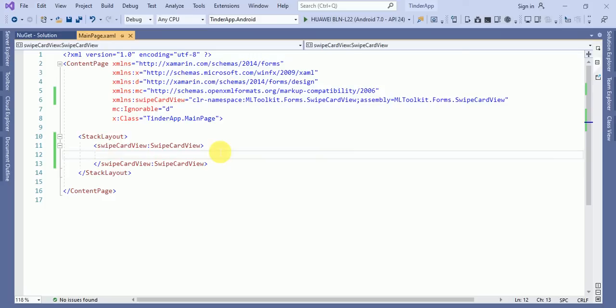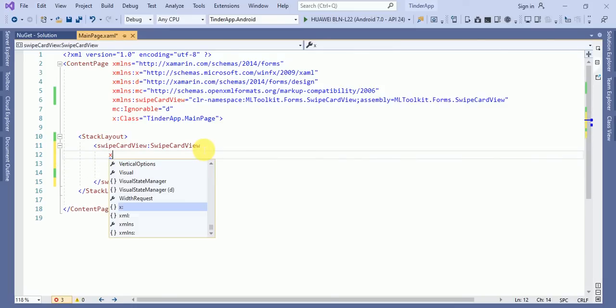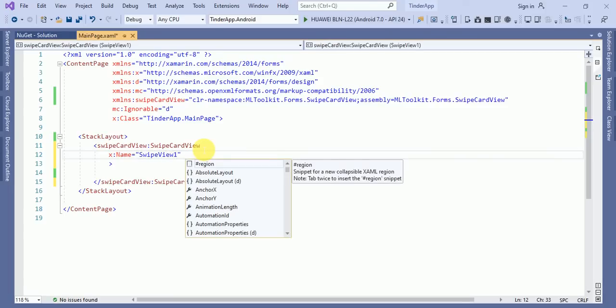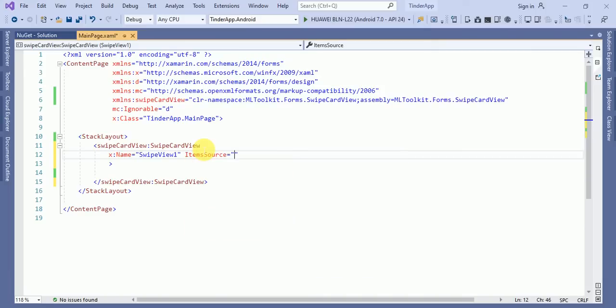Now inside this we will provide the name equals to SwipeView1, and here we will provide the ItemSource. Right now we don't have any item source, so we will bind an ItemSource.